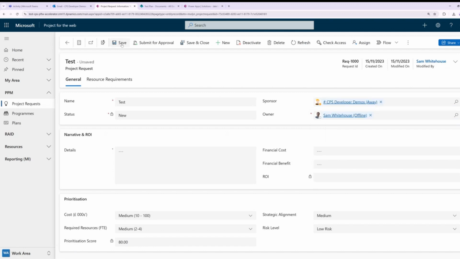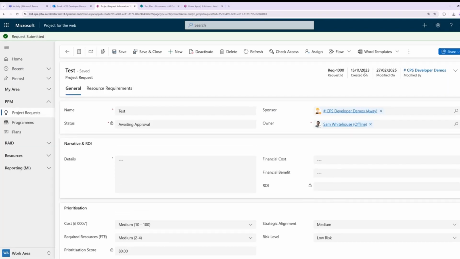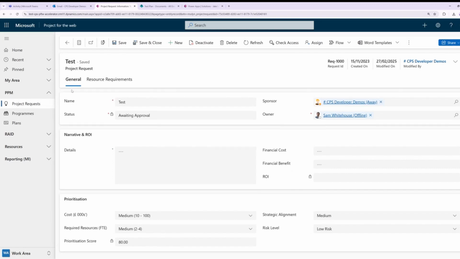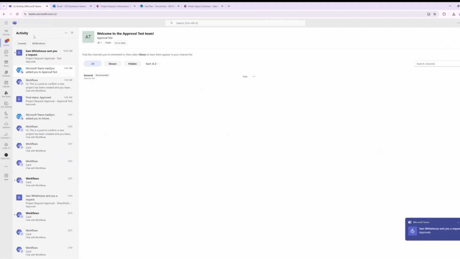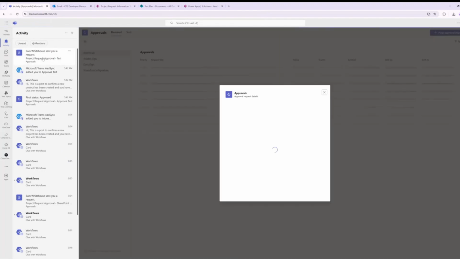I add in sponsor, then click this submit for approval, get a little notification saying, are you sure you want to send it? Click OK, get a request at the top. Now, as I mentioned, you'll either get an email or a Teams notification. So if I open up the Teams within this account,